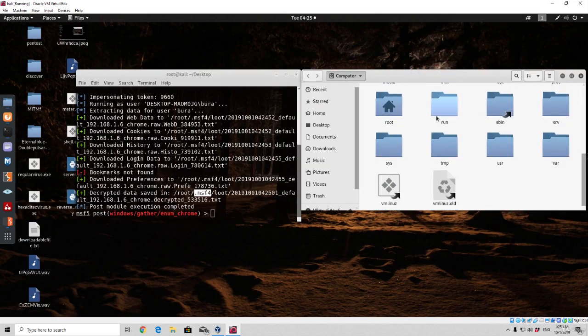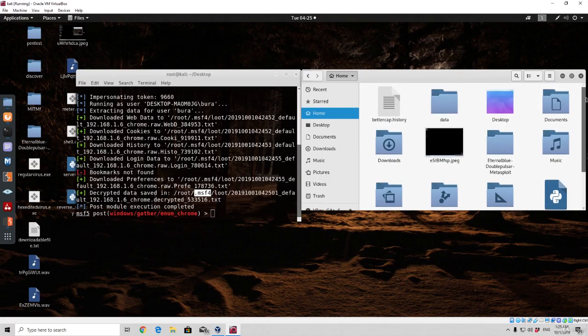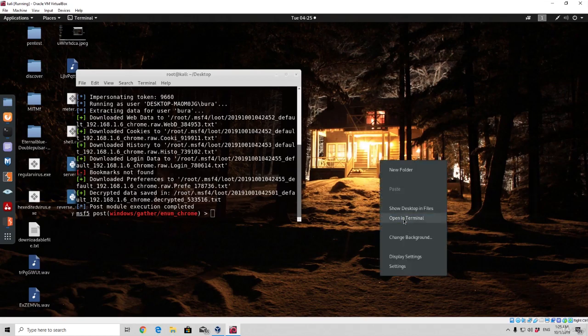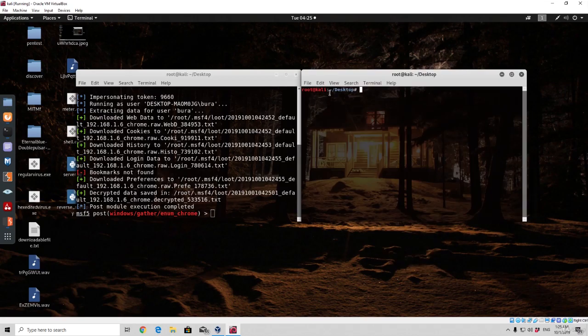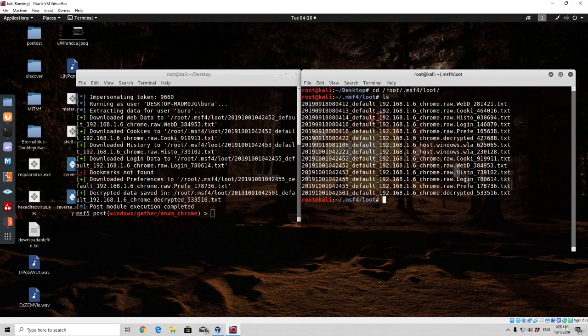So we follow the path that we have right here, and right here you will see that there really isn't any .msf4 directory. That is because this is a hidden directory, therefore you should only be able to access it if you show hidden folders, or if you simply go to your root terminal and type cd root and then .msf4 and then loot,